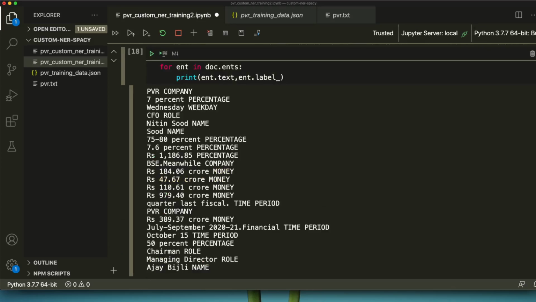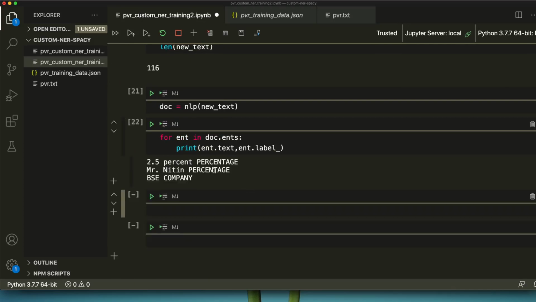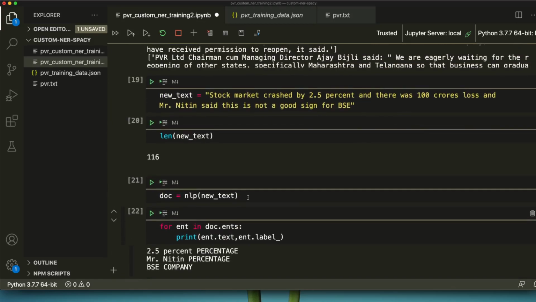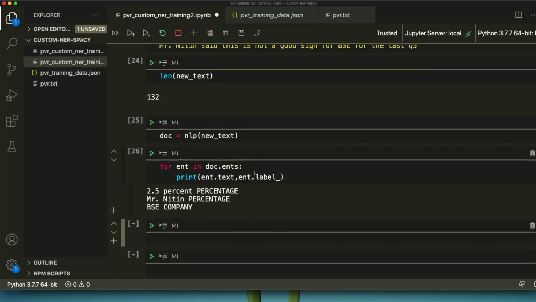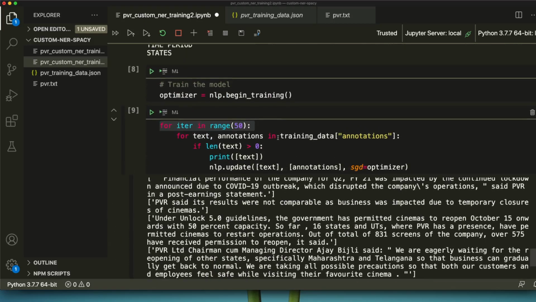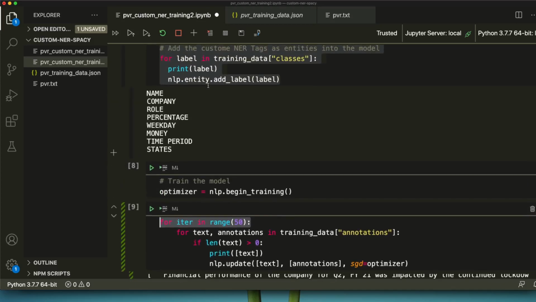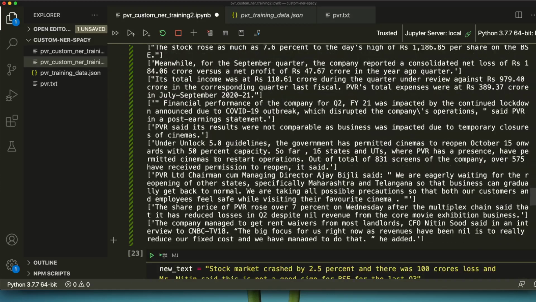Okay, text is fine, and you created annotation, and finally when you print, it still says Mr. Nitin is percentage, BSE is a company, good, 2.5% is percent. Maybe we can say for the last Q3. Let's see if it recognizes that. No, it doesn't. So bottom line is it works, but you need more data to get good results. If you do not have enough data, you can iterate through multiple instances. That is one of the reasons why we didn't get it. First we had an object messing up. Second, we didn't have enough data for that model to learn from and start recognizing entities.